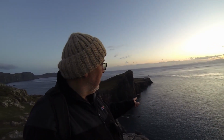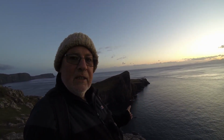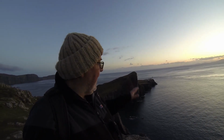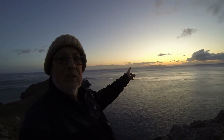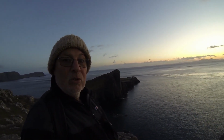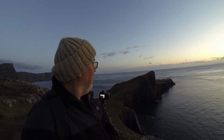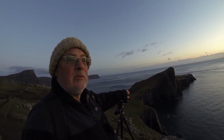The wind has dropped right off from today, so there's not that much ripple on the water. So I'm going to try and just extend the exposure to try and catch that light flashing and just smooth the water a bit. As you can see, there is some orange in the sky still, so the long exposure should also catch that. Even at ISO 50 it should catch it. But yeah, if I can get down to about 3 or 4 seconds on the exposure,